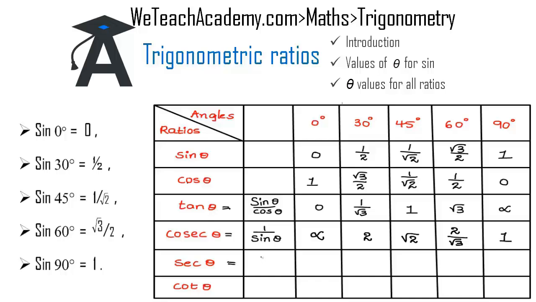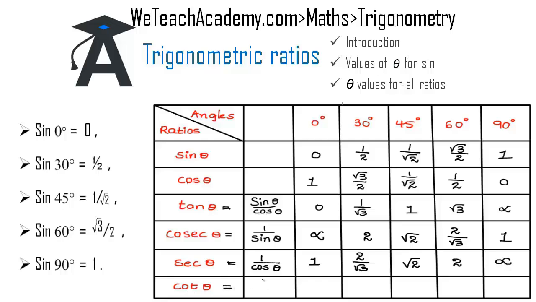Now coming to the value of secant theta, which will be the reciprocal of cos theta. Or else we can write the values of cosecant theta from right to left. So here we get 1, and then we get 2 by root 3, and then we get root 2, and then the next value will be 2, or else the reciprocal of cos theta, that is 1 by 2, will become 2 here, and at the last we get secant 90 degrees as infinity.